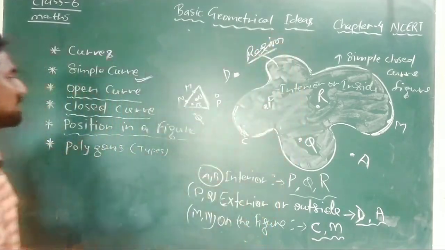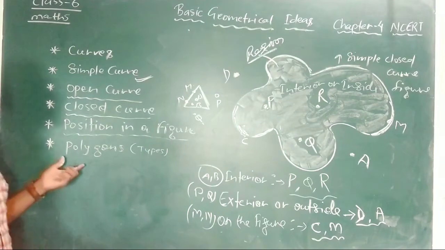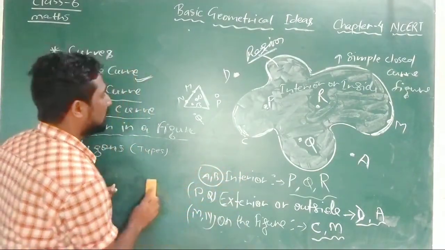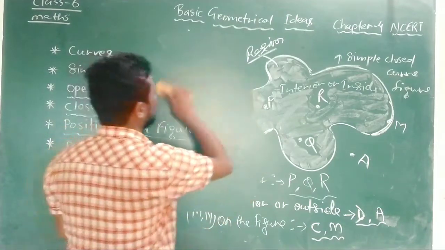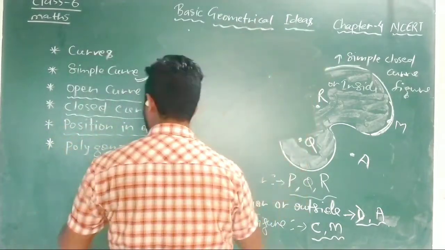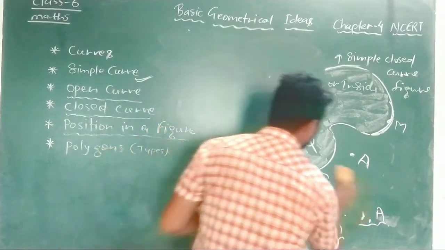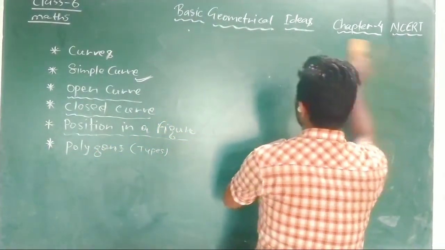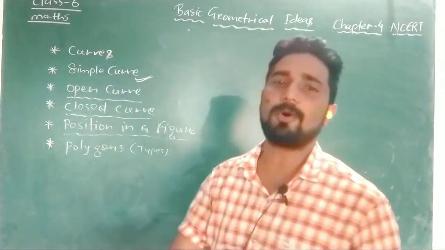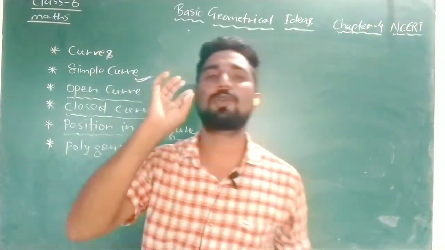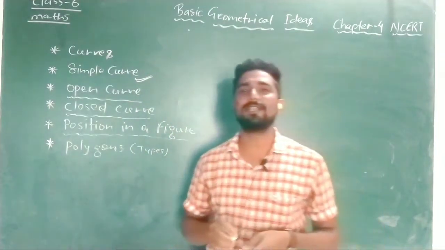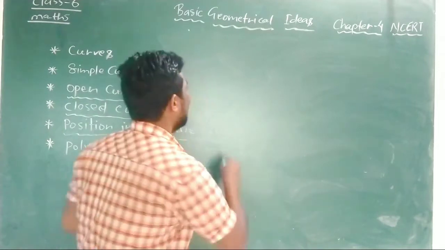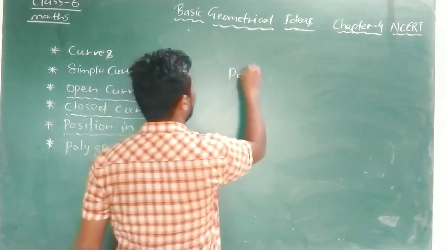And thereafter the last point, you must be guessing, is polygons. So I will erase; if you want a screenshot, you can take it. Last but not least, the term which I will discuss is polygon. So what is a polygon? It is a simple closed geometrical figure which is bounded by, or made by, 3 or more line segments. I will write a simple definition for polygon.